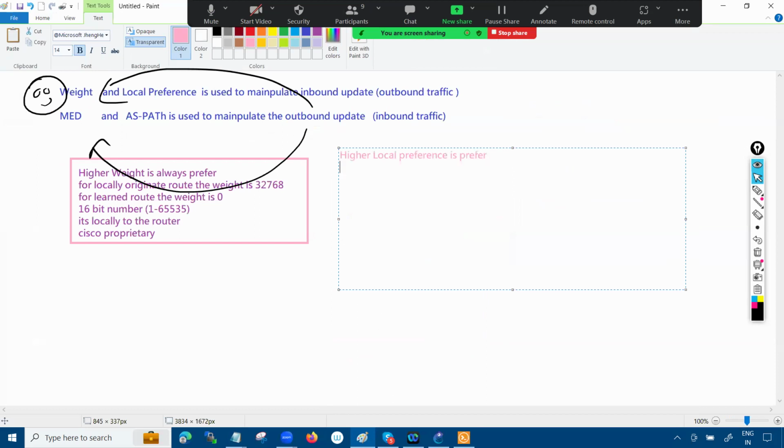Again, if I talk about this, it's an IEEE standard. It means that you can go with any vendor, either Juniper, Huawei, or Dell, anything. But weight is a Cisco one. Second thing is what? The LP, the default LP